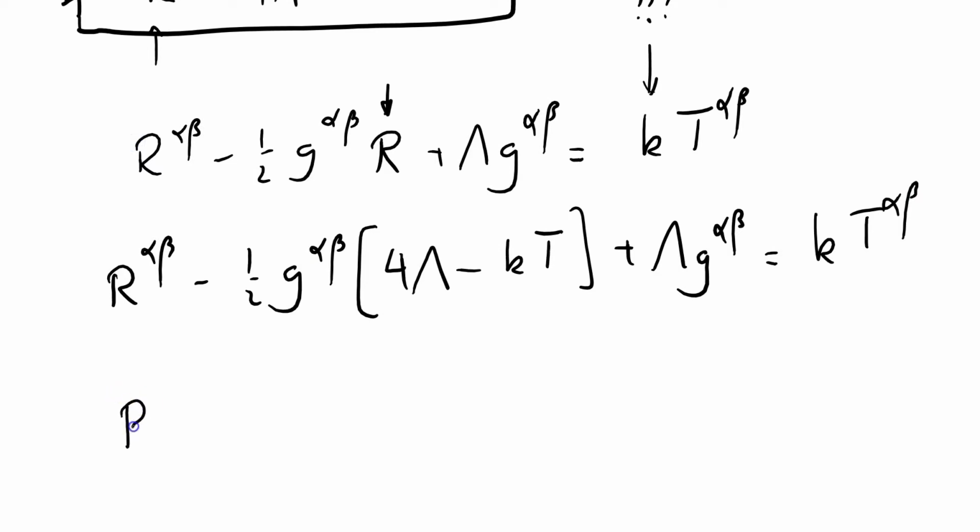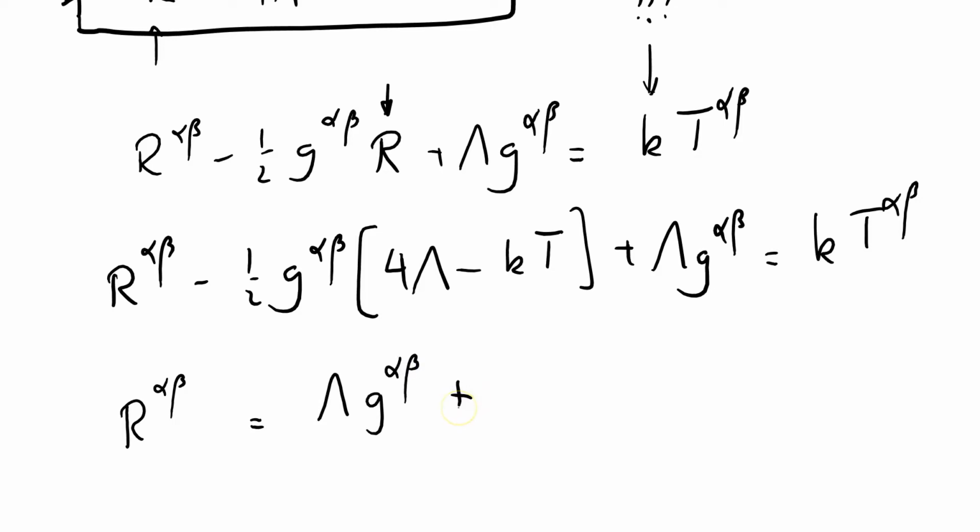What I want is an expression for R alpha beta equals, well, everything else. What does the Ricci tensor equal? You'll notice I've eliminated the Ricci scalar, so it should make things a little bit easier. Well, how many cosmological constants have I got? Well, I've got 4 times minus a half is minus 2, plus 1 is minus 1, so I've got a whole 1 cosmological constant on the right-hand side,